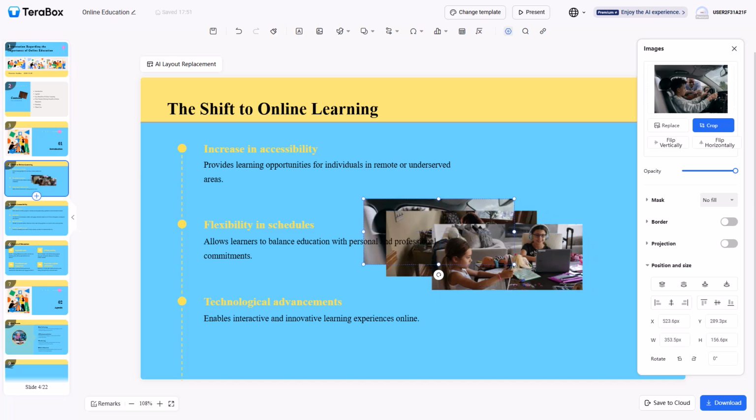So that is how you can work with image position and size in slide inside of Terabox in detail. So I hope you guys learned something as